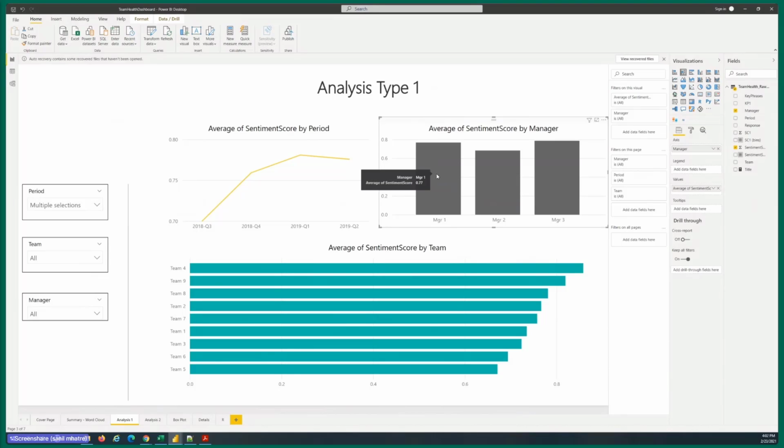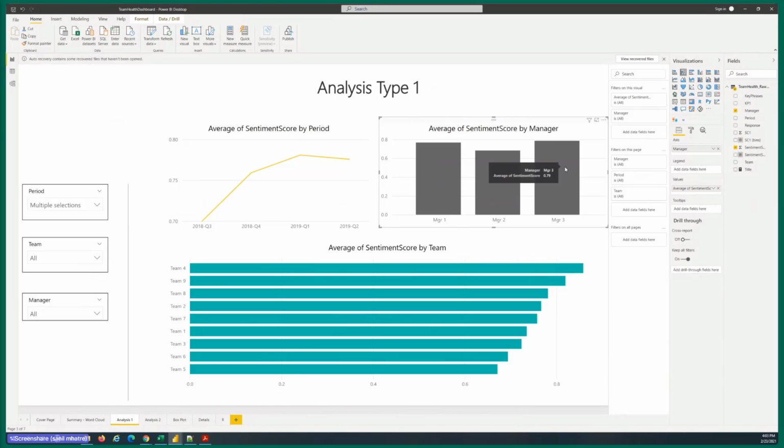So you'll see that for all of the feedback that was received under manager 1, the average sentiment score is 77% positive. For manager 2, it's 68% positive. For manager 3, it's 79% positive.